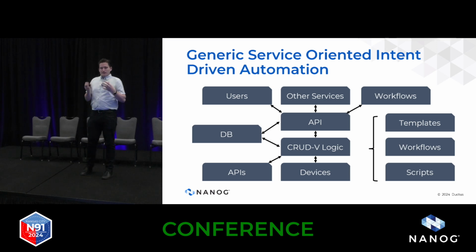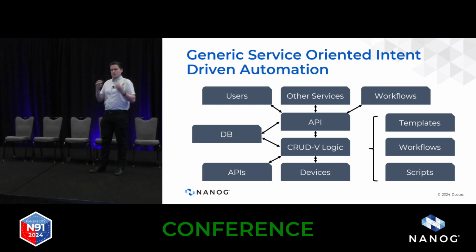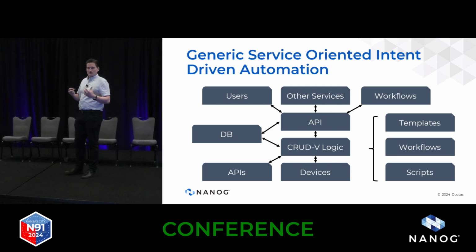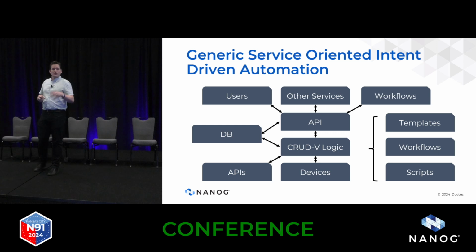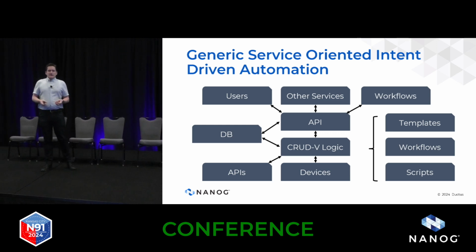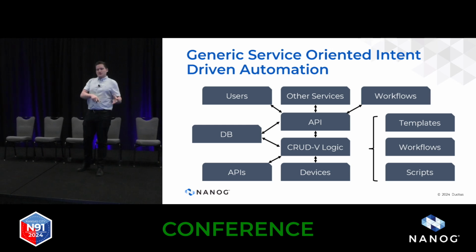But in order to actually implement that, we're going to need to have some more information. So we need a database, which is going to store the state of our services, as well as the state of all the resource models that might be required to create the services. And we'll need to have logic. The logic will be responsible for making these database updates, as well as pushing the changes to the devices or potentially other APIs. Now you might notice that we have services on the top, and then we have APIs on the bottom, or you could have other services on the bottom.